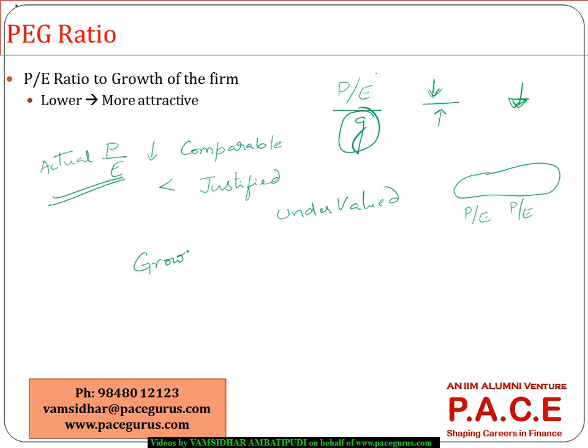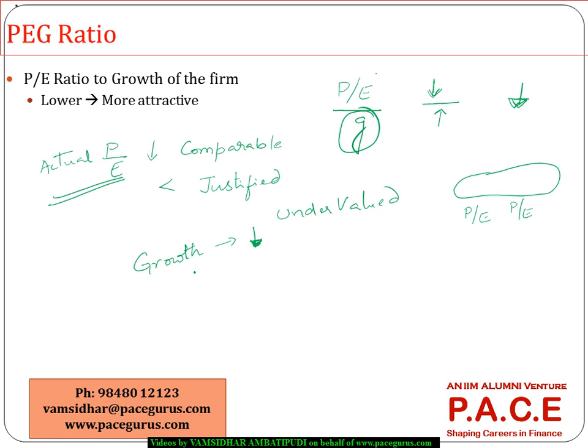P/E wise, it is fairly valued. But if the growth rate for the company is very low, there is a possibility that the earnings may not be good enough, which means it will be overvalued for the future because the growth rate is not that great